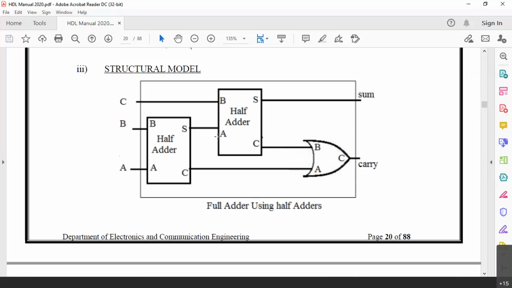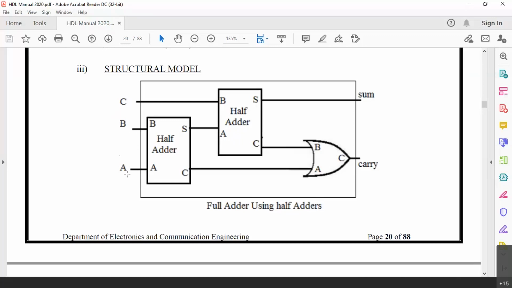You know that a half adder will not have carry input. Half adder will have only these two input bits. So you can see here, the expression for the sum in case of a half adder is A XOR B only, whereas the expression for carry is A into B. It is one AND gate and one XOR gate. Now using these two half adders, we can declare a full adder by means of this arrangement.